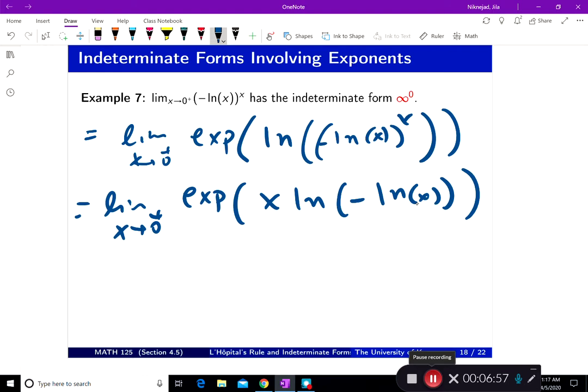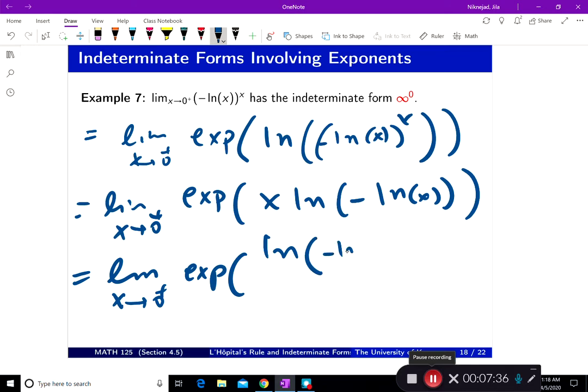And now if I plug in 0, I get 0. Plug in 0 in here, I get negative infinity. Negative times negative infinity, natural log of infinity, which is positive infinity. It's 0 times infinity. And so now I should do something to make it into L'Hopital's rule by taking x to the bottom. Limit x goes to 0 positive, exponential, natural log of negative ln of x